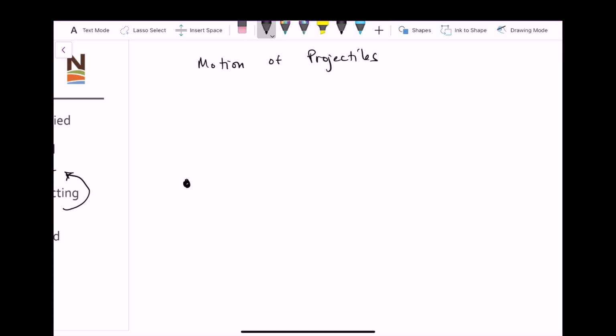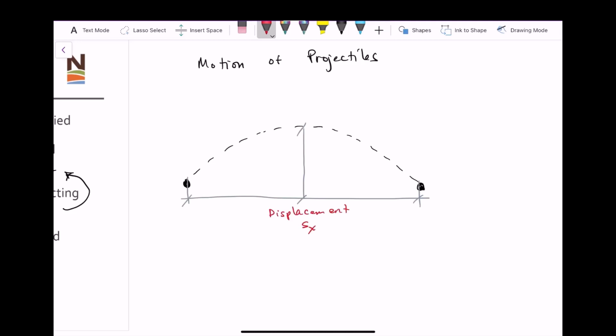So it is going to follow a trajectory similar to a parabola. We have our first point and we have our second point. In the x direction, we have a total displacement, and this would be our s sub x displacement, and that takes place over the entire time of projectile motion. We also have an s sub y, of course, the displacement in the y direction between the first point and the last point, so where it starts off to where it ends,